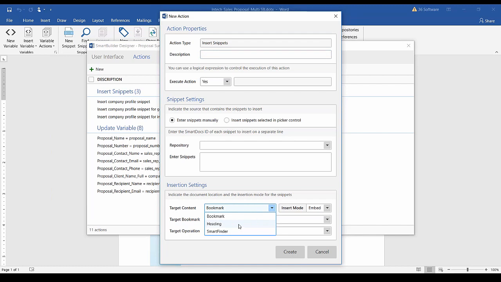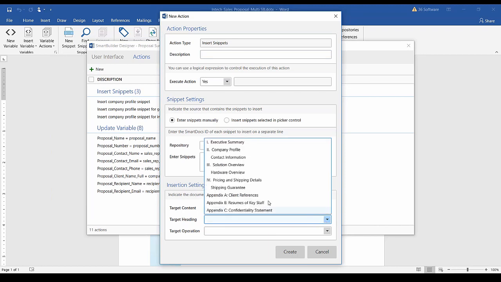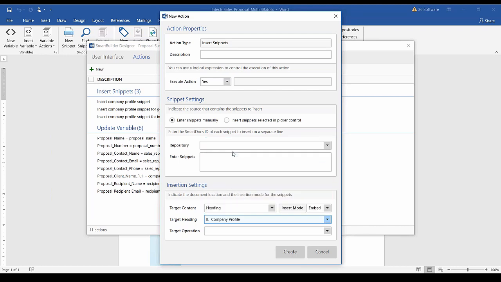So if I were to choose heading, for example, what you're telling SmartDocs is that you want to insert a snippet immediately following a specific heading. So now this is my document set of headings, so I could choose one of these headings and say, based on these other actions that I set up, the snippet when necessary needs to be inserted after this heading, and then I can also choose to insert it immediately, appending it to the heading so it would be right after,